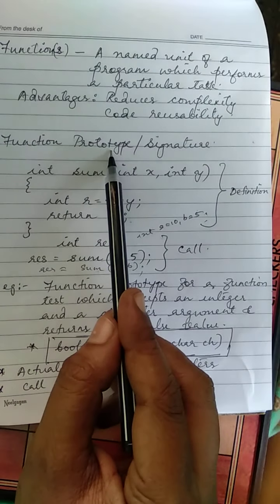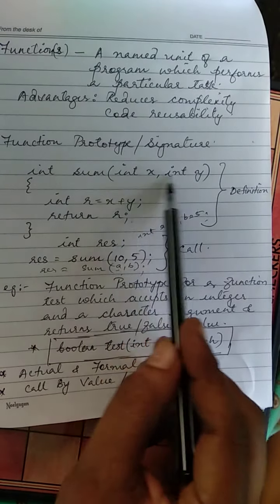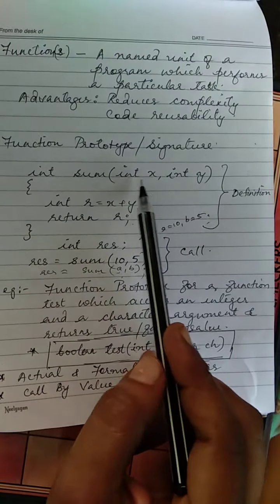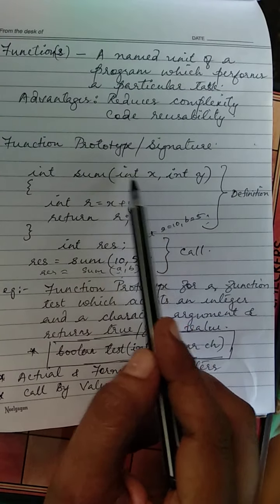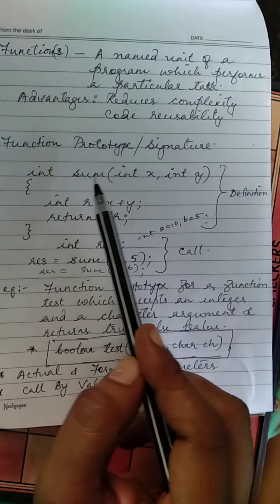What do you mean by function prototype? Function prototype is the first line that you write in the function definition. This is called the function header. Okay, the first line that we write in the function definition is called function prototype, and this function prototype contains